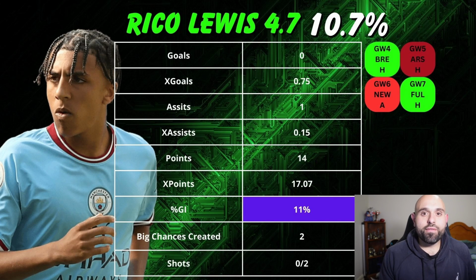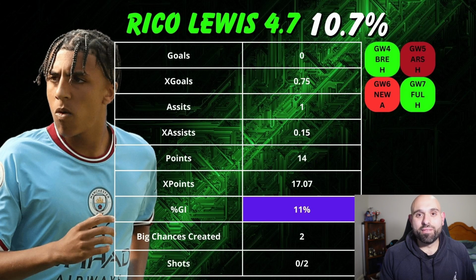The big stat for me is he's leading all defenders with touches inside the penalty box. He's had 18 touches inside the penalty box through 3 games. That is stupid numbers of good. And when you've got Brentford at home and Fulham at home in 2 out of your next 4 games, I think there's going to be some returns there for Rico Lewis.